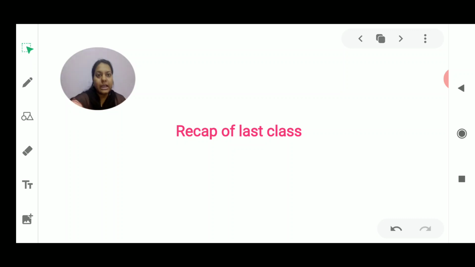Some more properties are still left with this soil, that is, the pH and what kind of pH it has, and one more property. So in today's video I am going to discuss these two properties, and then we go on to another topic, that will be soil erosion. Many things we have discussed in this chapter, and some more activities are left, which we'll discuss today. So with this recap of the last class, I am going to start with today's video.